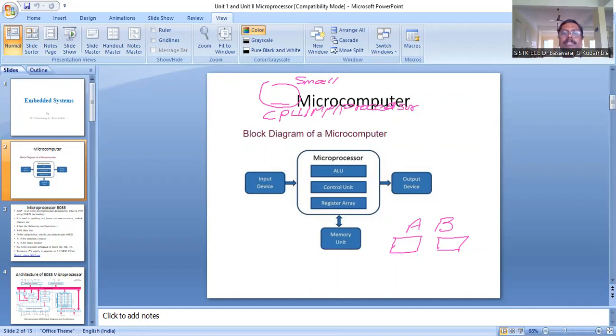But this microprocessor is not enough to perform an operation. We need other external devices also. If you want to give any data, we have to use an input device. The input device may be a keypad or a switch, through which we give the input. And the output device may be an LED, an LCD (liquid crystal display), or a 7-segment display,